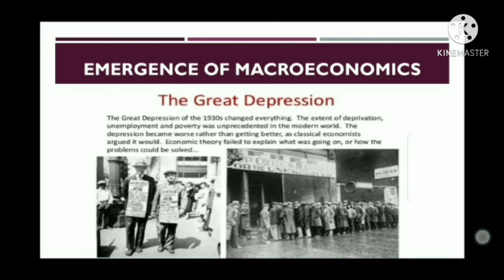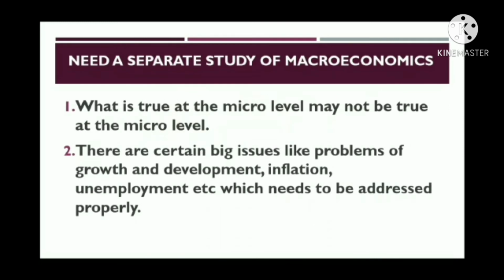Next, need for a separate study of macroeconomics. The separate study of macroeconomics is needed because of the following reasons. What is true at the micro level may not be true at the macro level. For example, saving is a virtue at the level of the individual as it increases future prosperity of the individual. But it is a social vice because if all the households of the economy start saving, the level of aggregate demand may fall and there will be accumulation of unsold stock. Therefore, it will discourage investment, leading to a future fall in output,